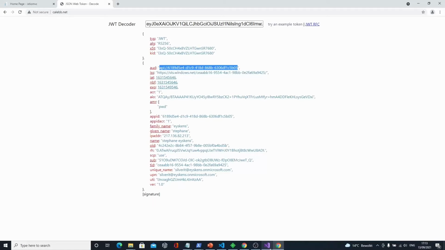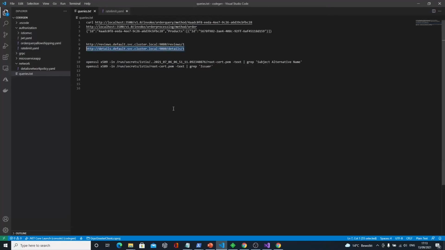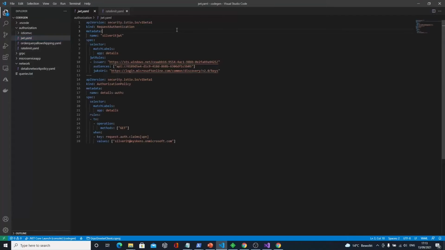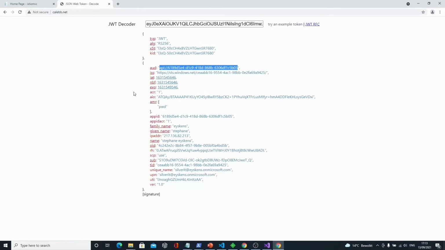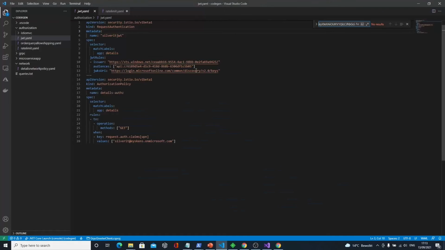If you look inside the token, that's indeed the API that is expected here. So if I search for it, it should find it. Oh, sorry, that's the token, I did not copy. Now if I search for it, it's indeed in there. So this is the right audience, a single audience, although it's an array, because access tokens can of course contain multiple audiences, but in this case it contains the audience I'm expecting.